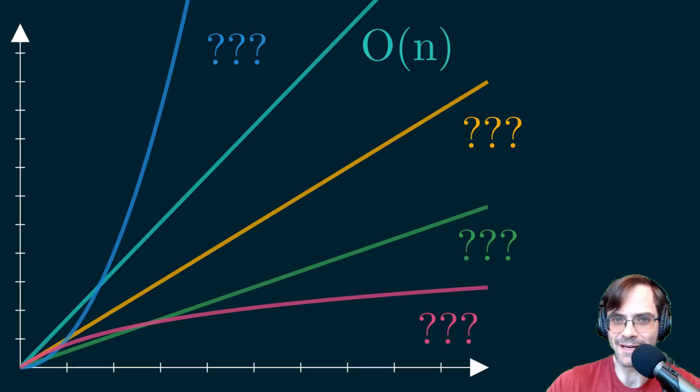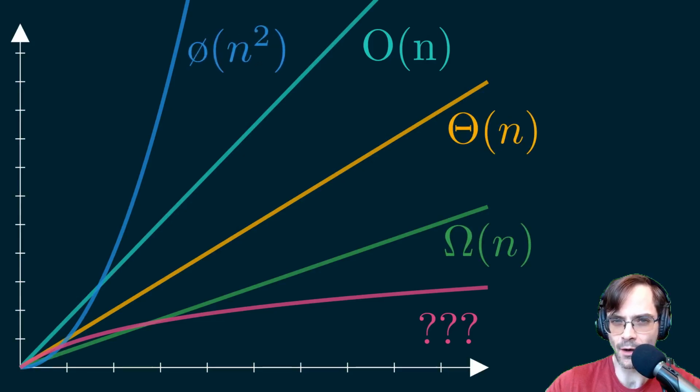So we've all seen big O before, but you may have run across similar notations like big omega, big theta, little o, and little omega. Now if you're like me, you don't actually see these that often, so you've forgotten about them. And that's okay. What we're going to do in this video is start with a quick review of the definition